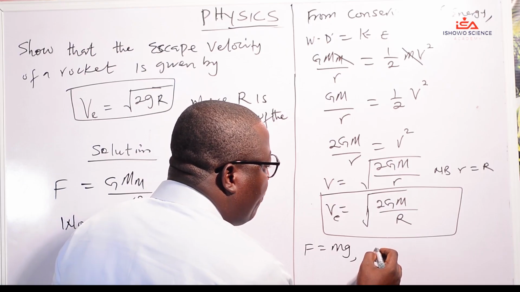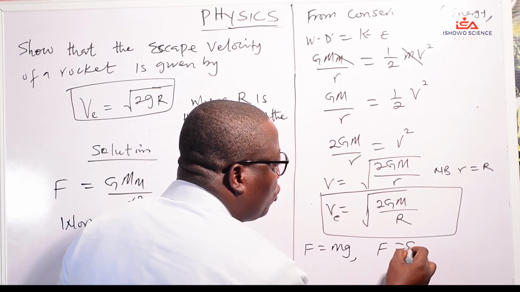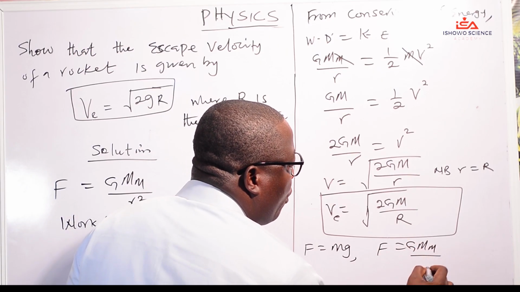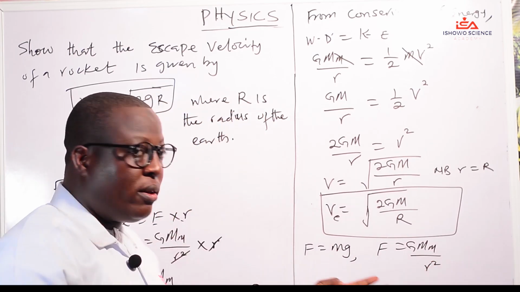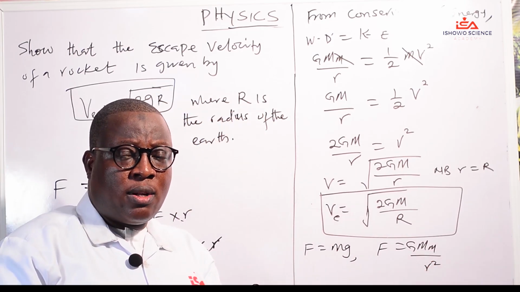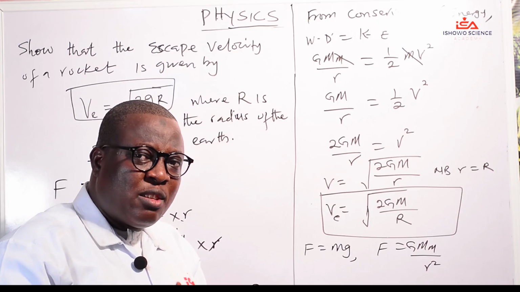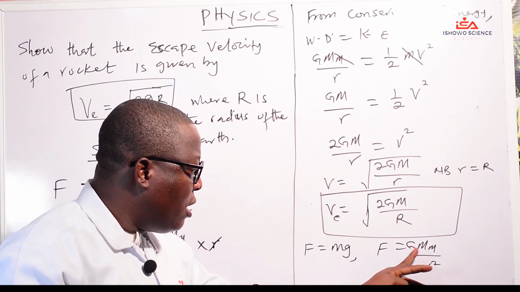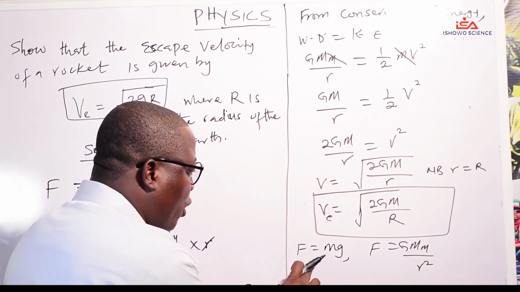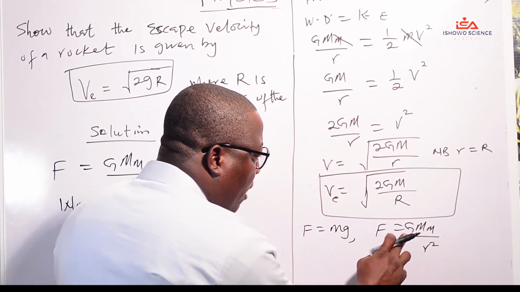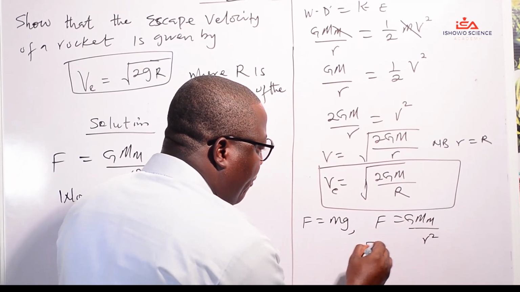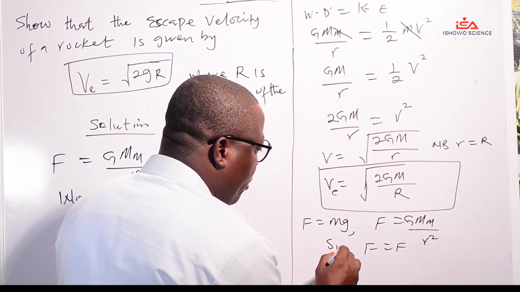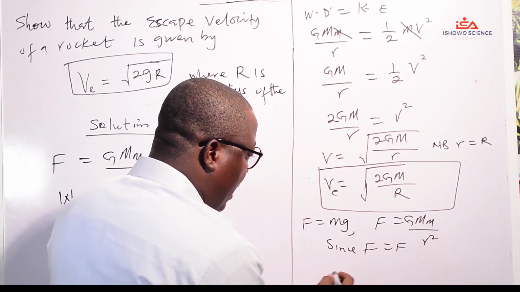And we also have F equals GMm over r squared. In the preliminary conversation on gravitational field, we talked about the relationship between the gravitational constant and acceleration due to gravity, that is the capital letter G and the small letter g. So if you look at this, F is equal to mg, F equals GMm over r squared, and since F equals F, we can say that